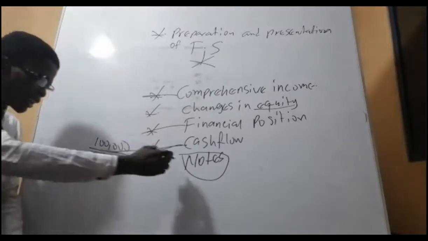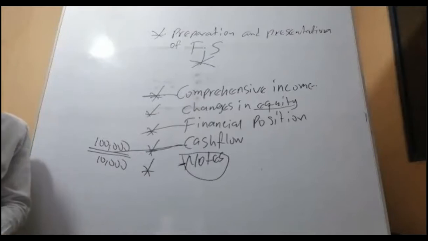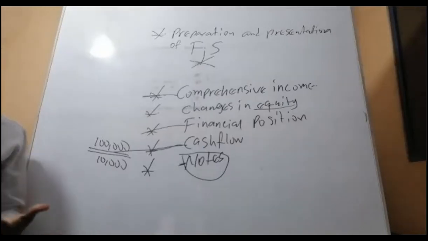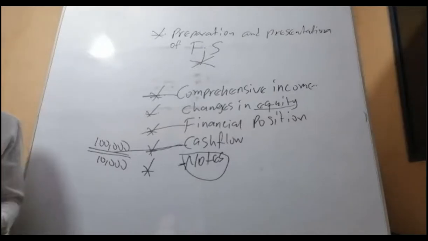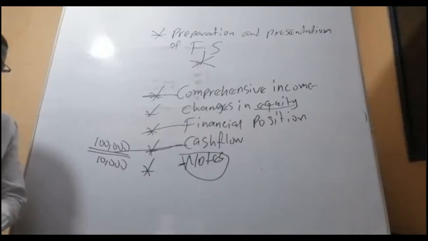Good. Finally, let's go to the notes. The notes, in reality, are the accounting policies or disclosures or any material item that the directors want to disclose to the owners or the other shareholders. So accounting policy: what's your depreciation policy, based on what assumption? And then the other information. So that's the notes. But for examination purposes, the notes are the workings.